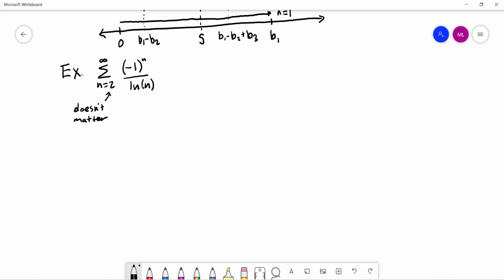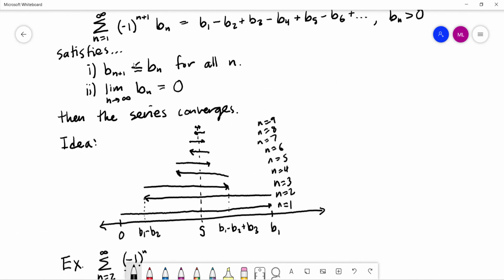Our b sub n's are switching back and forth because of this -1 to the n. So it is an alternating series. As n increases, the natural log of n will get larger. And as the natural log of n gets larger here in the denominator, the overall term will get smaller. So I'm also satisfying